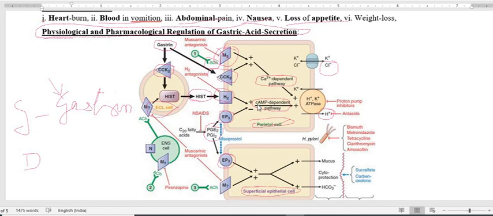Therefore, with a low level of cyclic AMP, activation of the enzyme will not occur, and therefore hydrogen ion will not efflux out to participate in the formation of hydrochloric acid. So prostaglandin E2 on the parietal cell inhibits gastric acid formation,